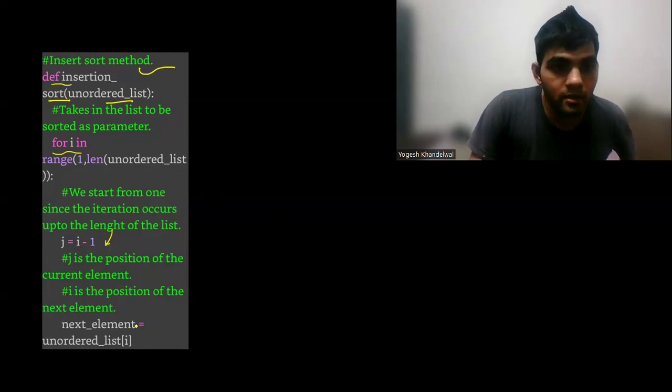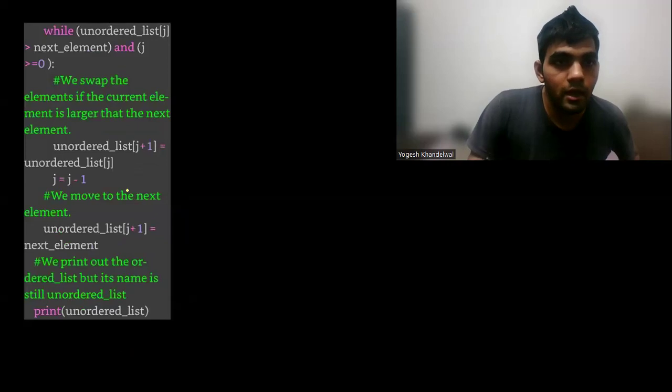Then we define the variable next element, which is unordered list of index i, and then a while loop where the condition is unordered list of j greater than next element, and j greater than or equal to 0.